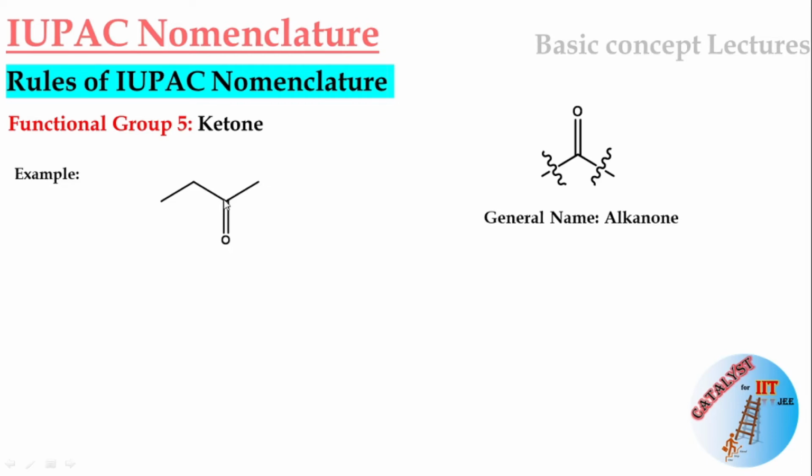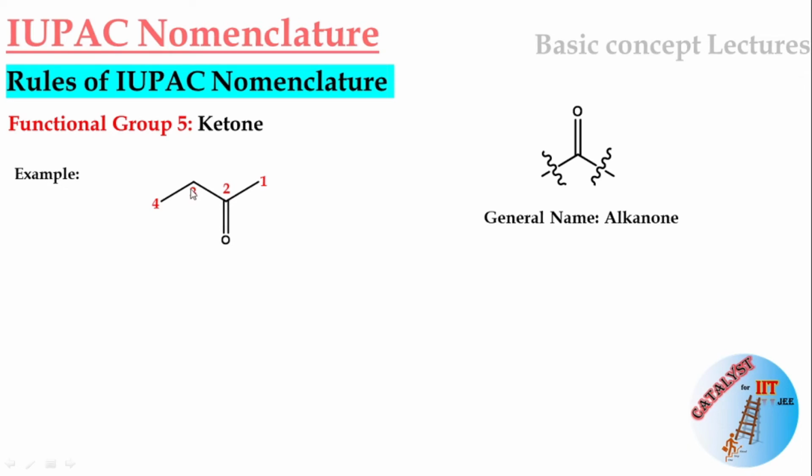Okay, so this is the first example, in which the major difference is that an aldehyde is always present on the first position of your parent chain, but a ketone can be present on any position in your parent chain. In this example, you have to give the least possible number to your functional group. So you have to start from this end, and this is the number given to your parent chain: 1, 2,